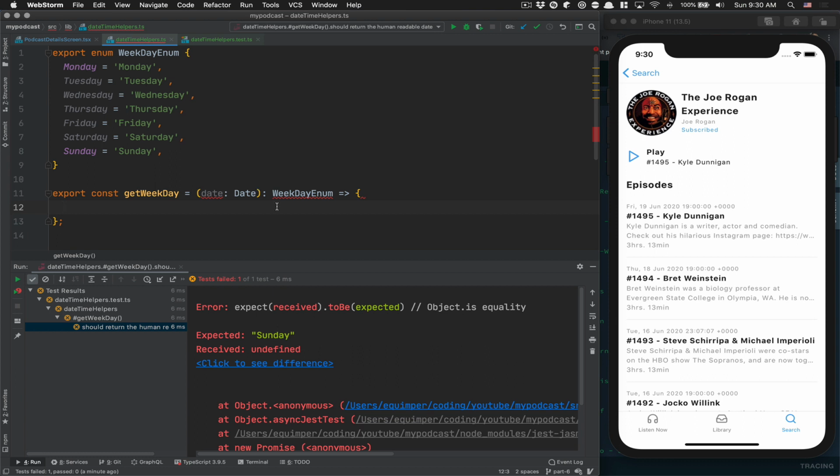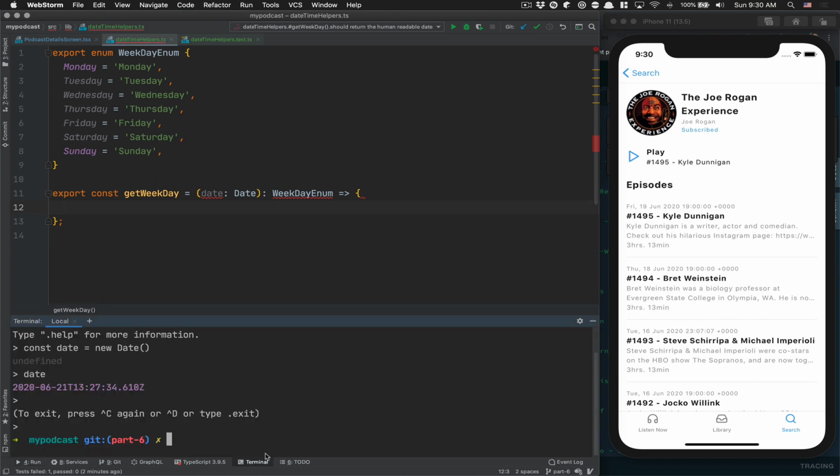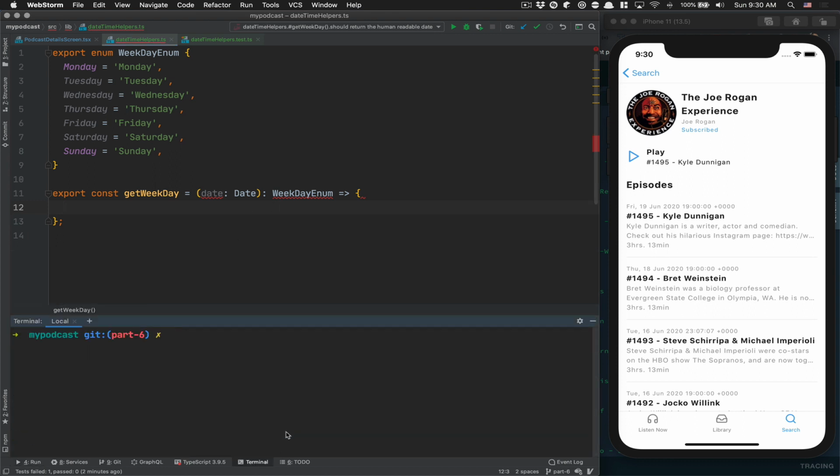So first thing is we want to get a library that's going to help us get the date, or you can do this yourself. I know for sure we're going to need to install the library. I mean, yes or no, but what I'm saying is you can install a library like Moment or date-fns, or you can do this yourself. So what I mean by that is if we create the date,